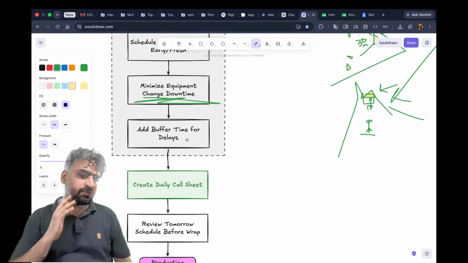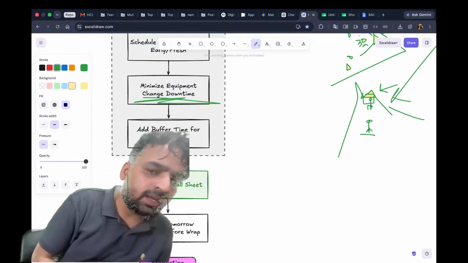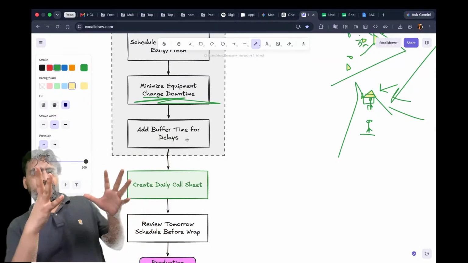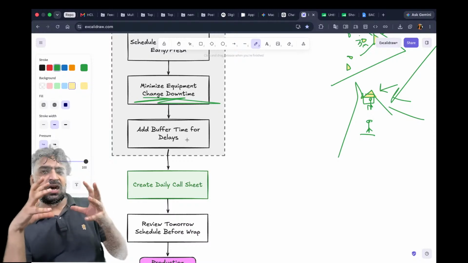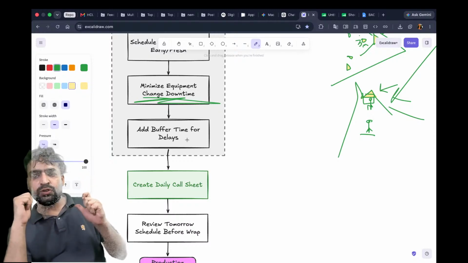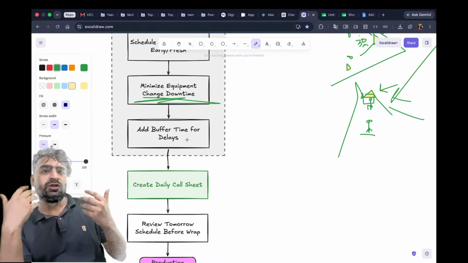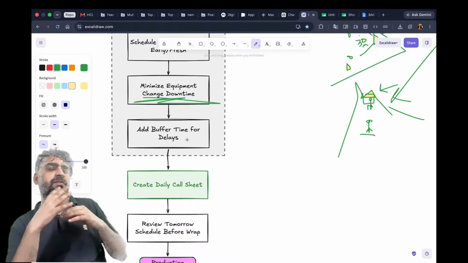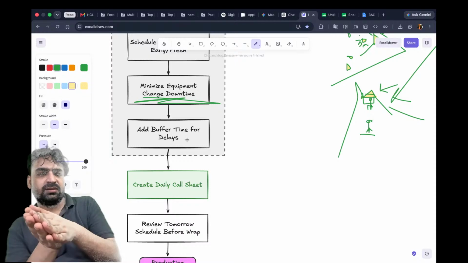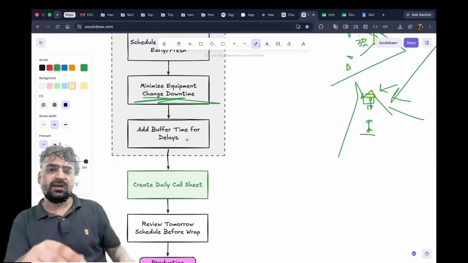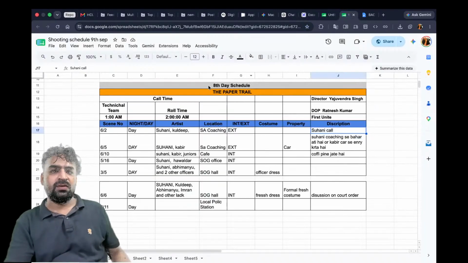Add buffer time for delays. Of course, as I said, you have a 10-hour shoot schedule, so your calling schedule for people will be 2 or 3 hours before that. Okay, so when they come,